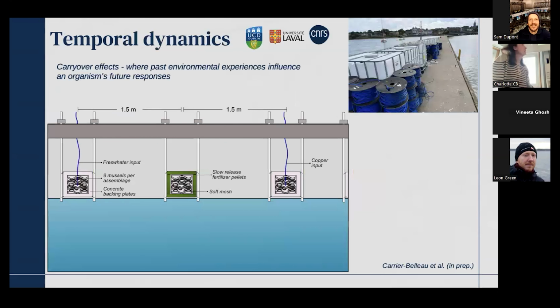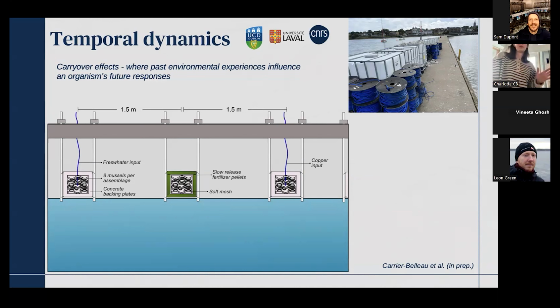So this brings me to another experiment that I did recently in my first postdoc, where I looked at temporal dynamics in multiple stressors. This is really a factor that is understudied in the context of multiple stressors, and I looked at carryover effects. Carryover effects have been, I think, defined in 1,000 different ways, but let's keep it simple. For me, in this presentation, it is where past environmental experiences can influence an organism's response to future